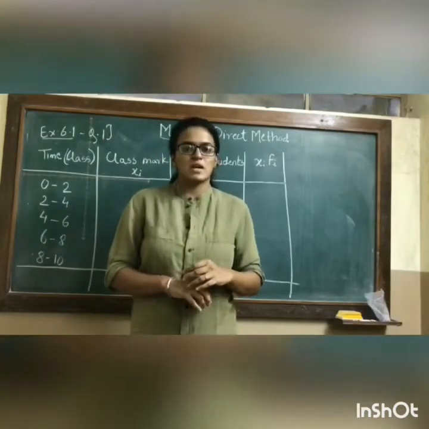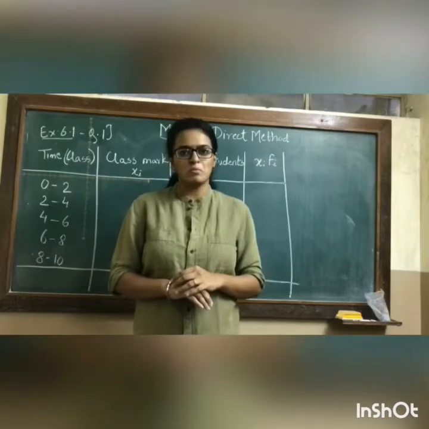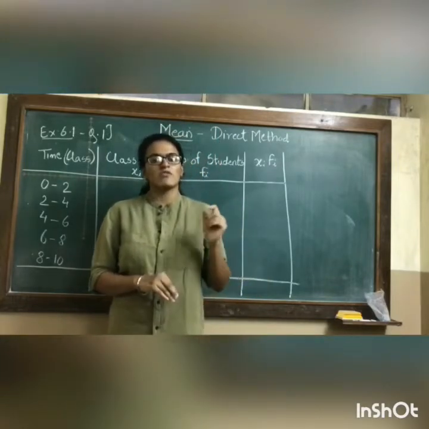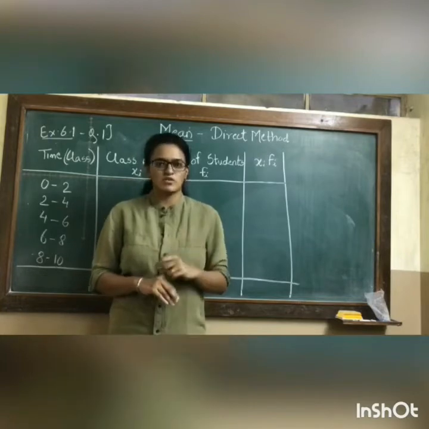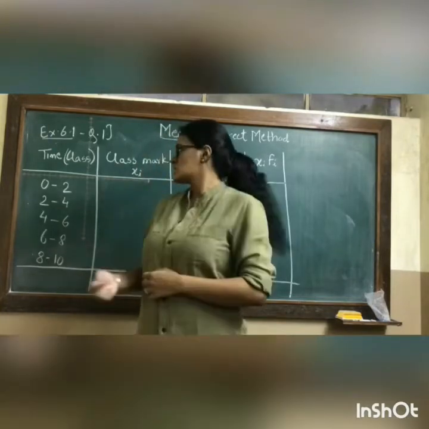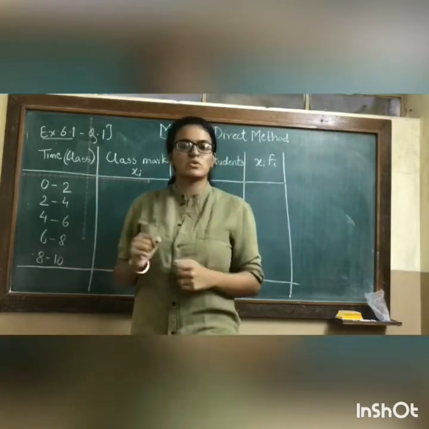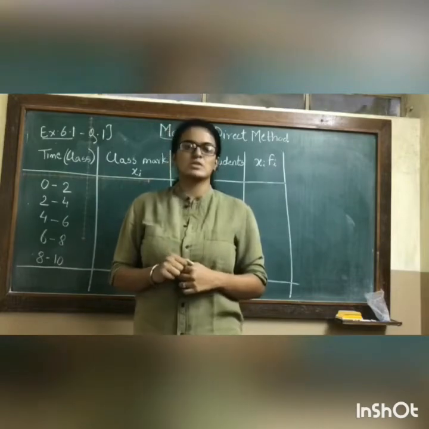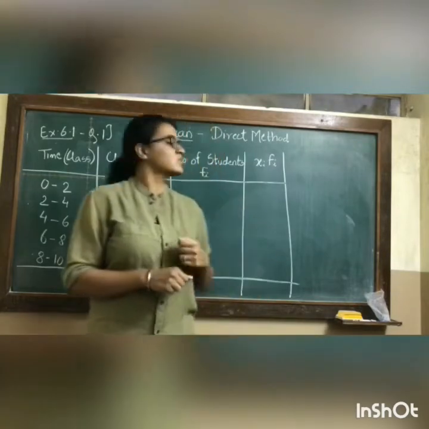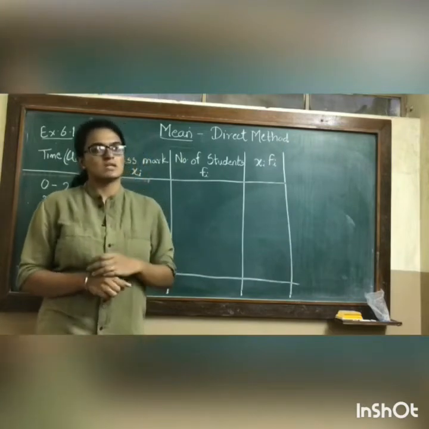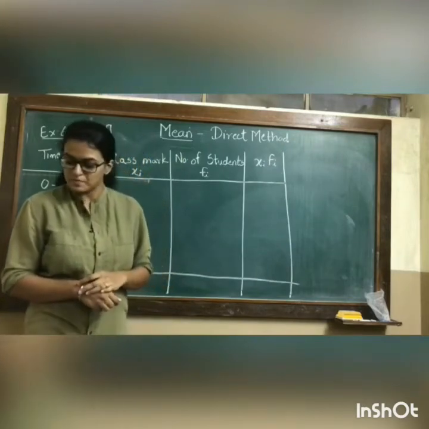So in the previous standards, when we were asked to find out mean, we used the basic formula, that is sum of all the scores upon number of scores, and that is how we found it out. But now you can see that there are a large number of scores and it becomes difficult to do all these calculations, and that is why we will be using one of the methods that has been given in our textbook, that is the direct mean method.